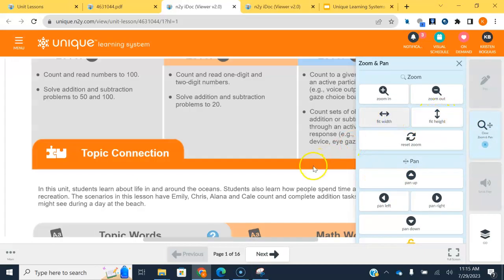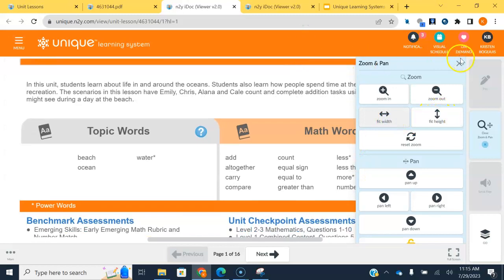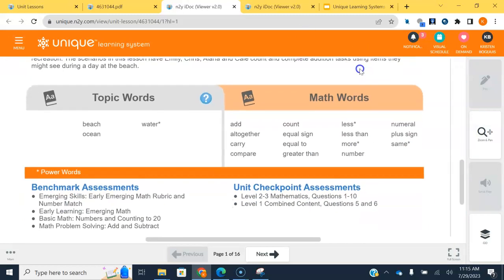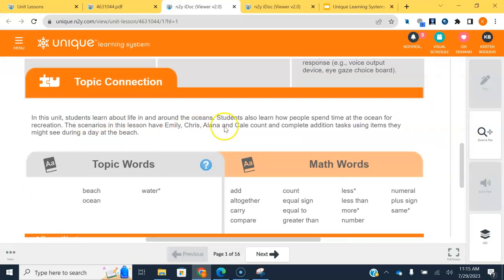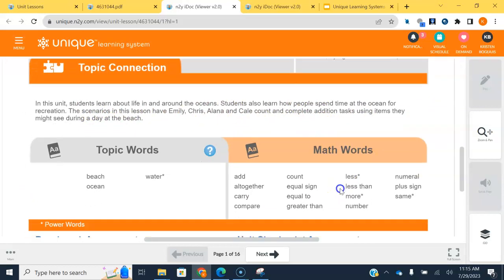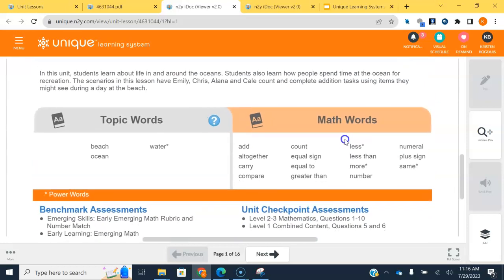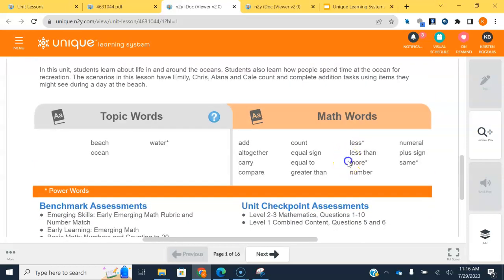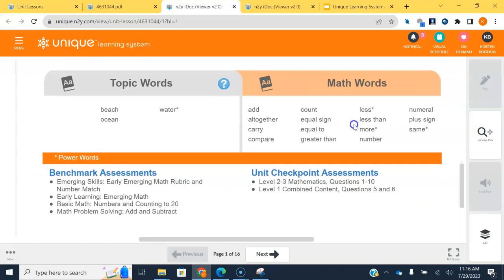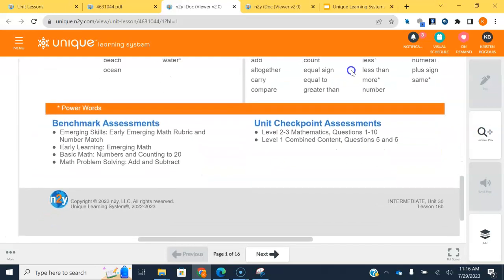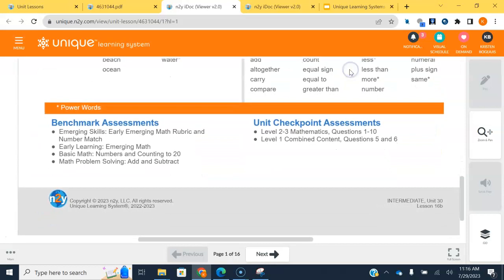And since we're here, let's come down on this too, because this is an important part. It gives you the background. So this is the topic connection. It tells you what you're going to be learning about and how it connects to Day at the Beach, which is the story from this unit, right? Gives you some vocabulary words, math words. You're using that high-level math language. And then it also, this is really cool, it tells you the unit